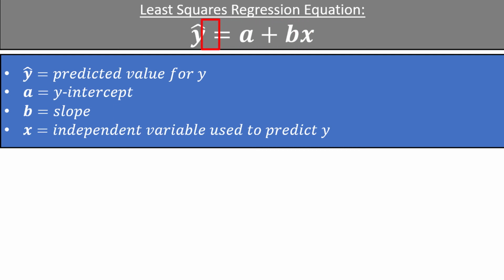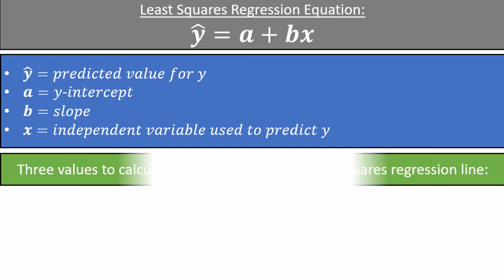The reason that we have y hat instead of y is because the least squares line isn't perfect. We use the equation to predict y, and we call our prediction y hat, but our prediction will usually be a little bit off, which is why all the dots on a scatter plot do not fall exactly on the least squares line.